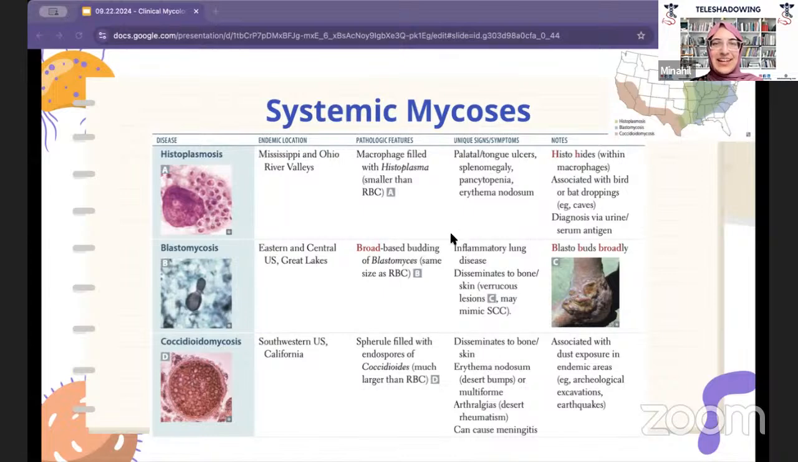Similar to histo, the yeast forms will be seen on tissue biopsy as well. And then there's also nucleic acid detection through DNA probes, which is why it's very important to know your biochemistry techniques, to understand how to diagnose things. There's also immunodiffusion and ELISA to detect antibodies to blastomycosis. And then the third one, which I've been mispronouncing before, is actually pronounced